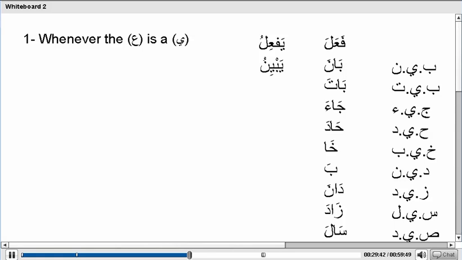Yes, when the ya is turned into an alif, there's no haraka. There's no haraka. واضح؟ يبين يبين يبين يبين. This will be the same story